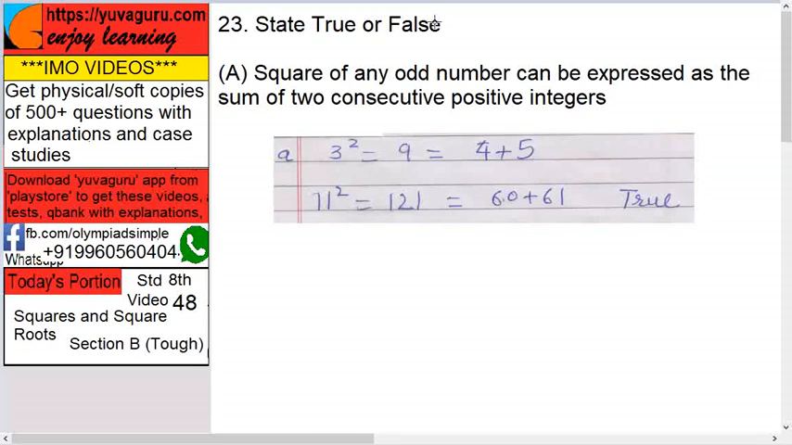Next, state true or false. First, square of any odd number can be expressed as a sum of two consecutive positive integers. Okay. Square of any odd number. Okay. Means let's take any odd number. For example,